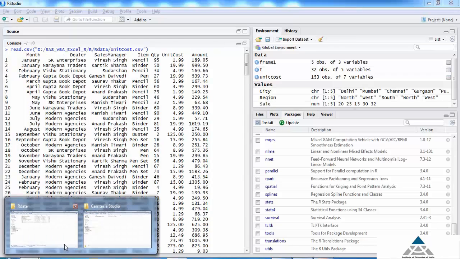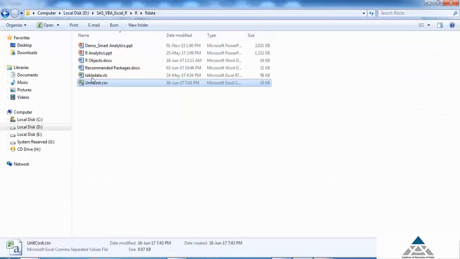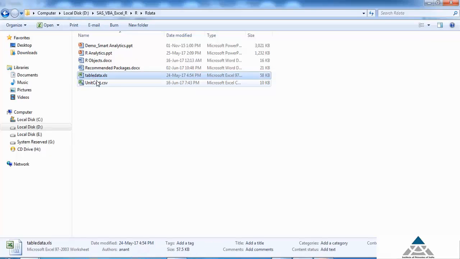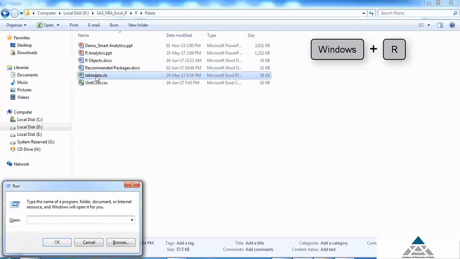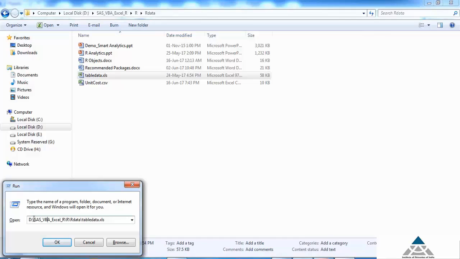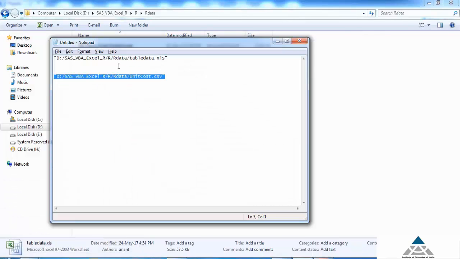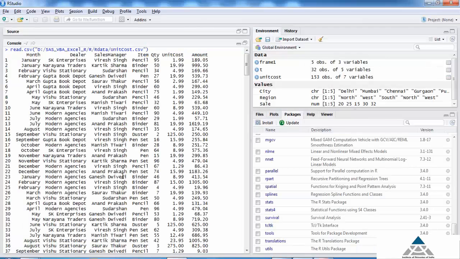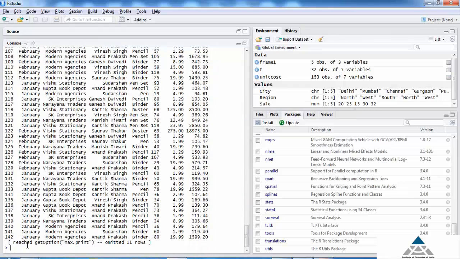Similarly, to import the Excel file, we will first copy the path of that file. To get the path, we press Windows plus R and then drag the file here. Once we get the file path, we have to change these forward slashes to backward ones. We have changed them here and now copy this to paste it in R. In R, we write